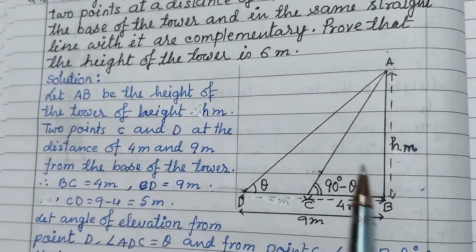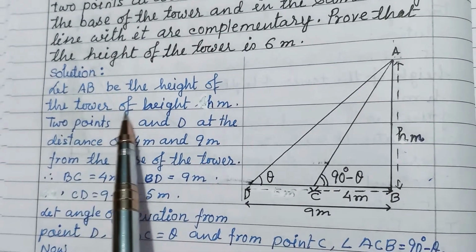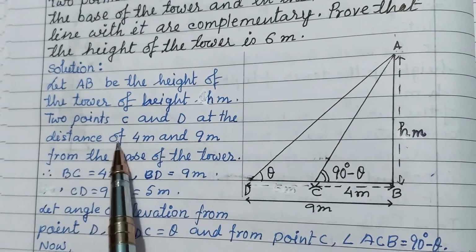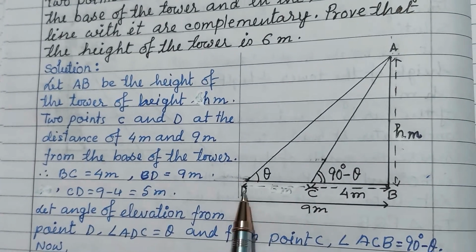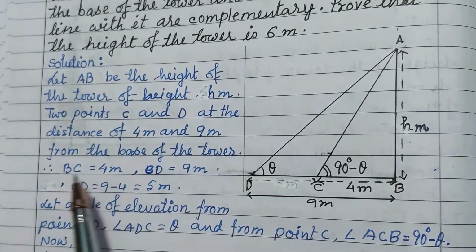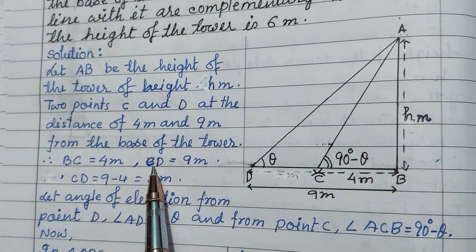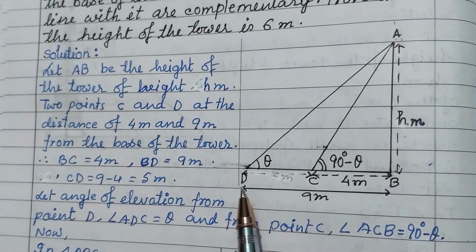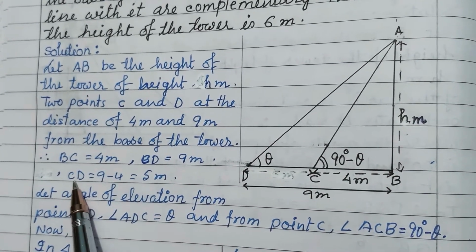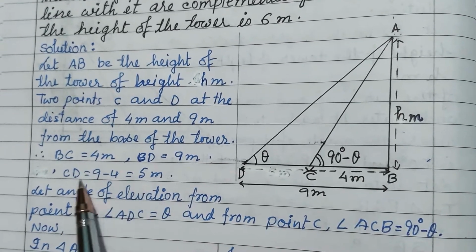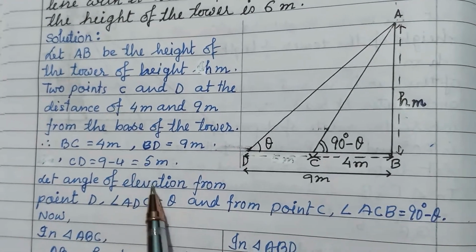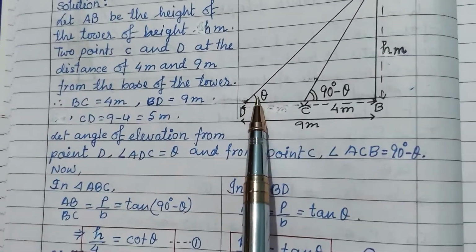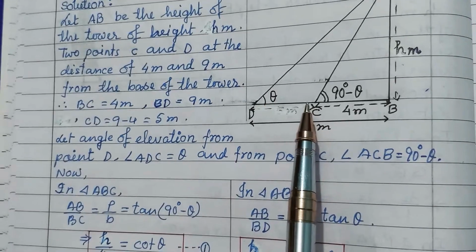Next, the description: again we write AB as the height of the tower, h meters. Two points C and D are at distances of 4 meters and 9 meters from the base of the tower. BC is equal to 4 meters and BD is equal to 9 meters, so there is no need to find this 5 meters. Let the angle of elevation from point D be theta, and the angle of elevation from point C be